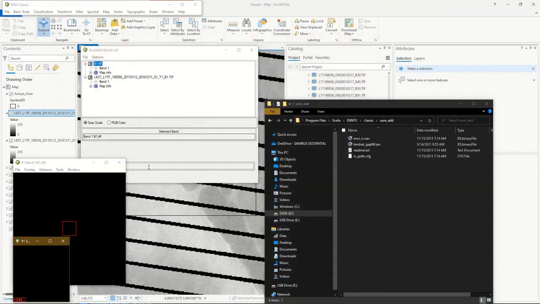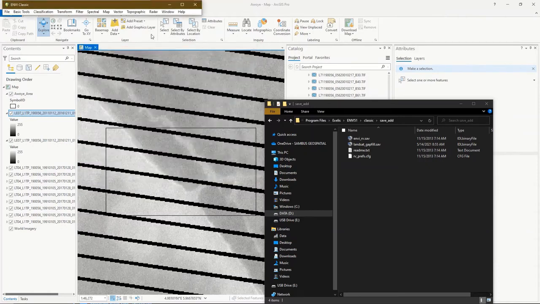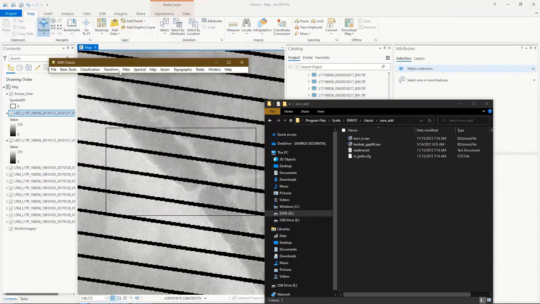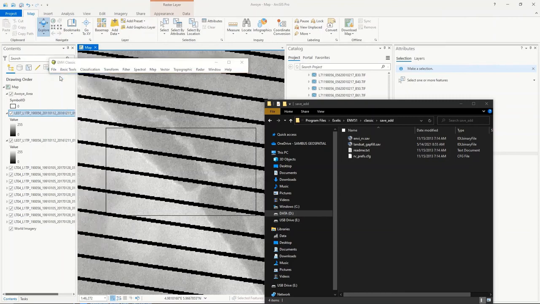So again, I'm going to go through the procedure again. Let me close all these windows now so that we can have a fresh start. I want to close all the files I already have here. I currently do not have any imagery. So once you start your ENVI, this is what you do. You go to File, Open Image File,